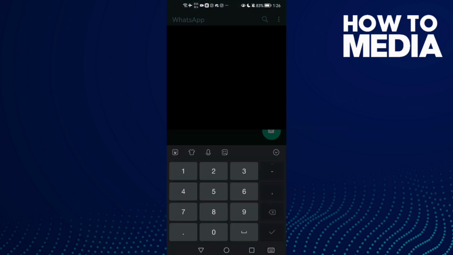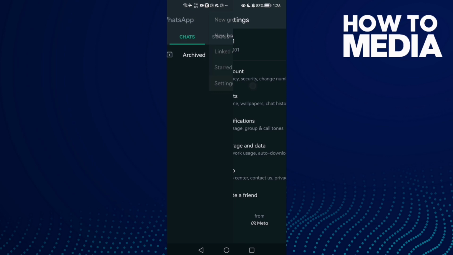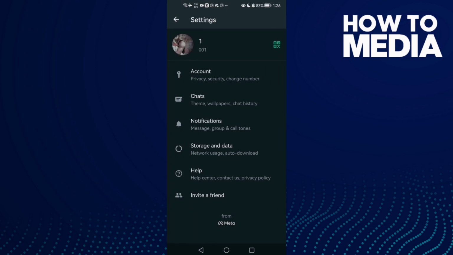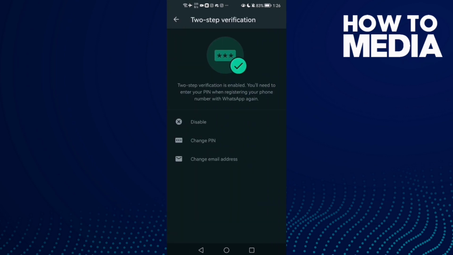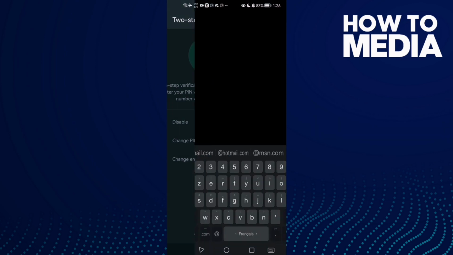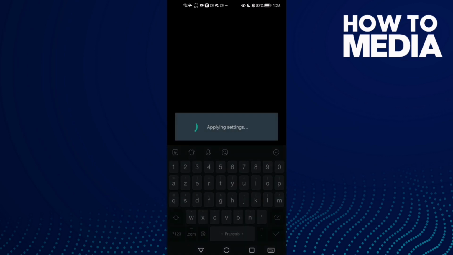First thing, go to WhatsApp and here just click these 3 points in the top and then click settings, and here you will find account and then click two-step verification, and here you will find this one, change email. Just type here any email you want and type it again, and